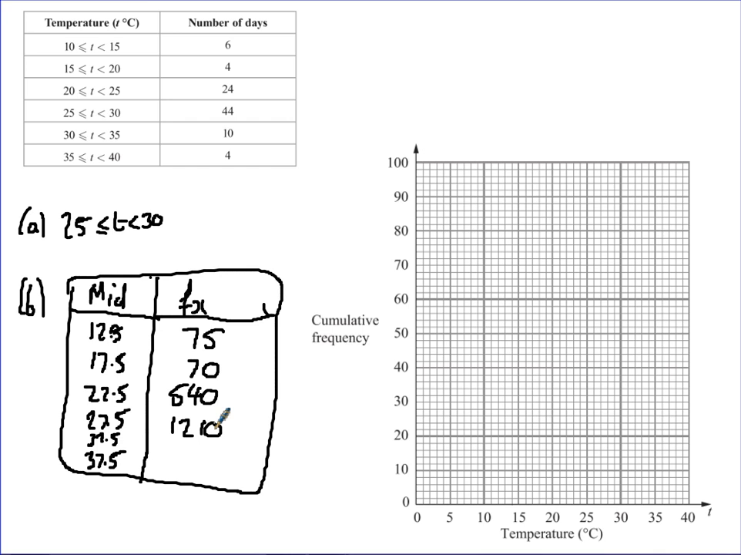32.5 times by 10 is 325. And then we've got 37.5 times by 4, which gives you 150. And then you never ever add this midpoint. This has absolutely nothing to do with anything. You add your frequency effect column up,